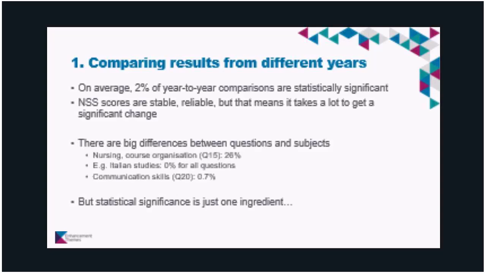So if you teach nursing and you're interested in course organization and you look at your NSS scores, the chance of your score for question 15, that's on course organization, changing from year to year is 26%. So one time in four on average, the change in score is going to be statistically significant. At the other end of the spectrum,